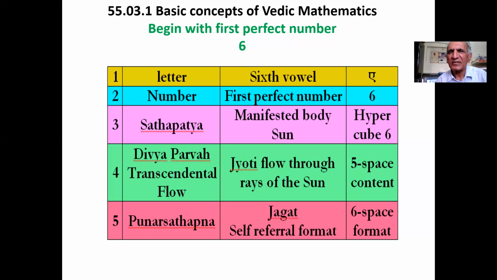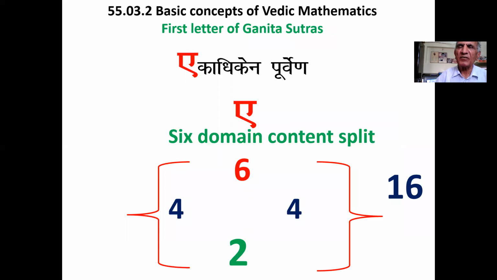This, in fact, is the first foundational basic concept of Vedic mathematics, and its beginning is parallel with the beginning with the first perfect number, that is 6. Therefore, sadhakas are fulfilled with the intensity of Varga to be parallel with Vedic systems have a focus upon different values and features of the first letter. Eka adhikain purvain is the first sutra. Sixth vowel is the first letter.